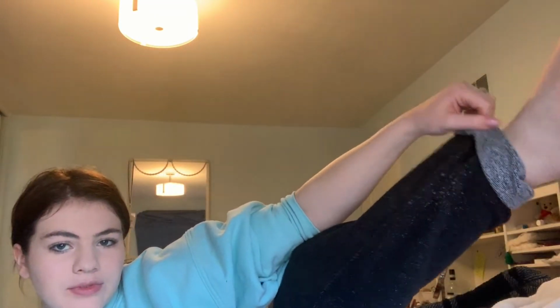All right. Look at it all up on my legs. Also, sorry about how dirty my room is. I know it's kind of gross, but...